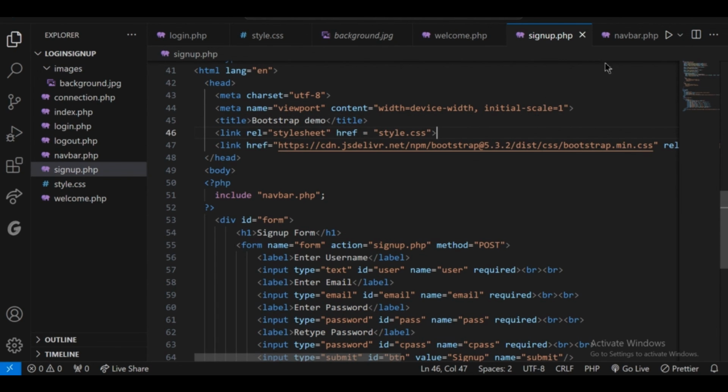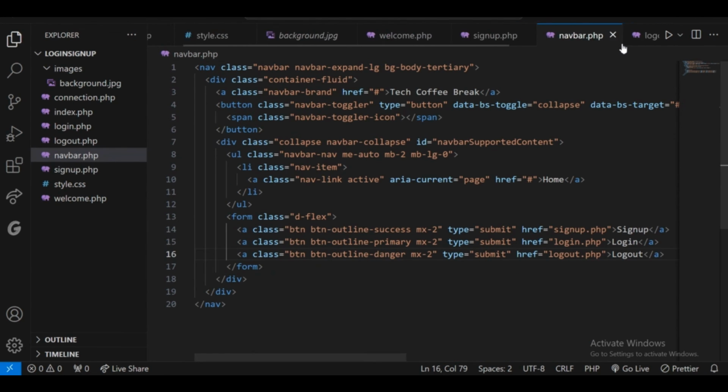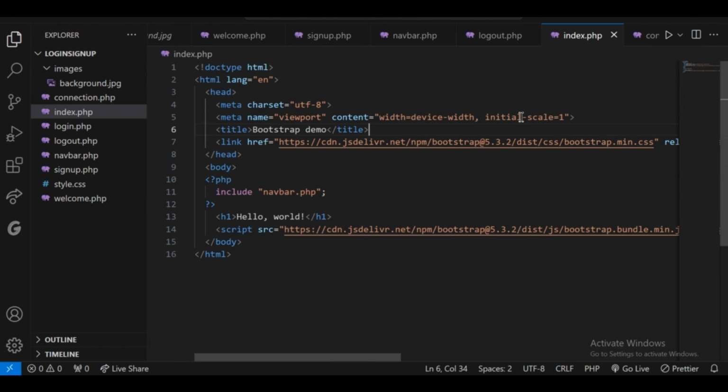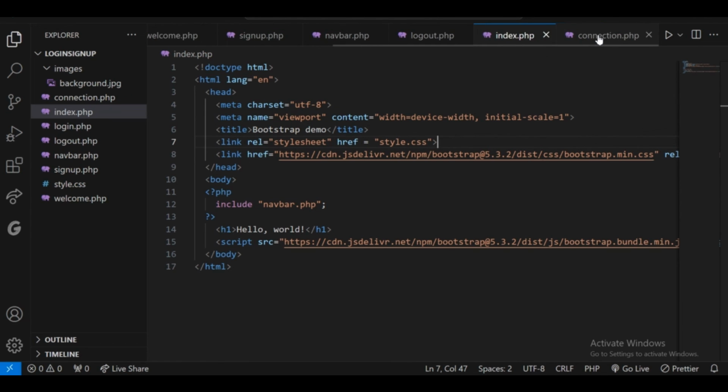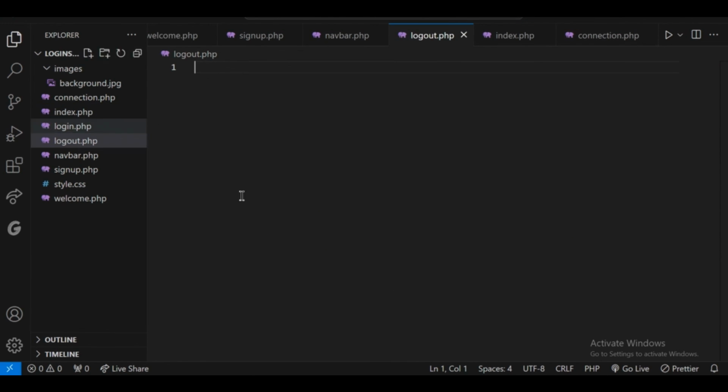Save it. I will go to the signup.php, paste it below the title, and save it. Go to the index.php, paste it below the title, and save it. Go to connection. No need to go to connection. Logout. For now, logout is empty. Let's just add a simple code,